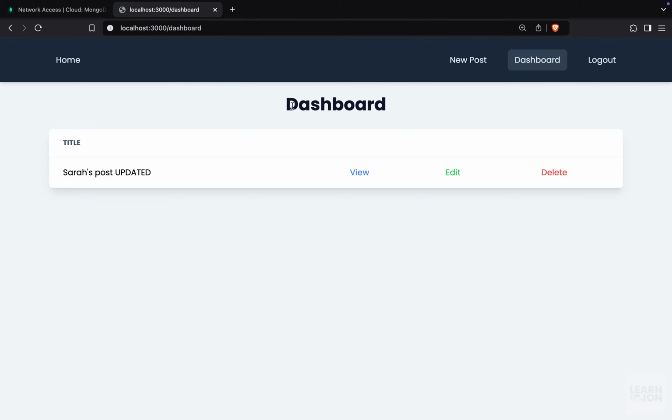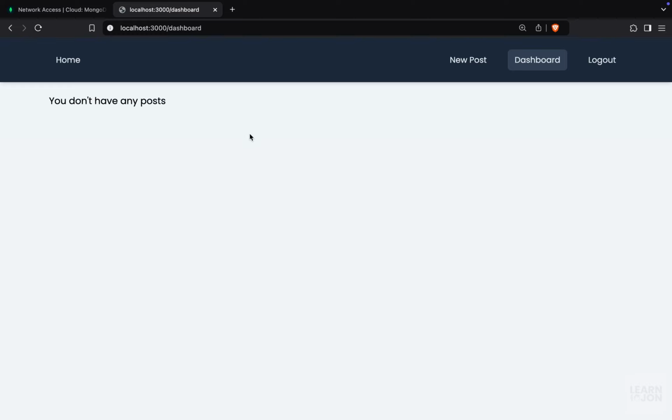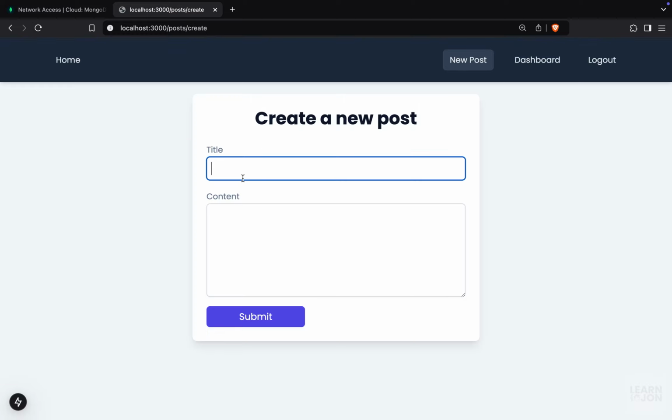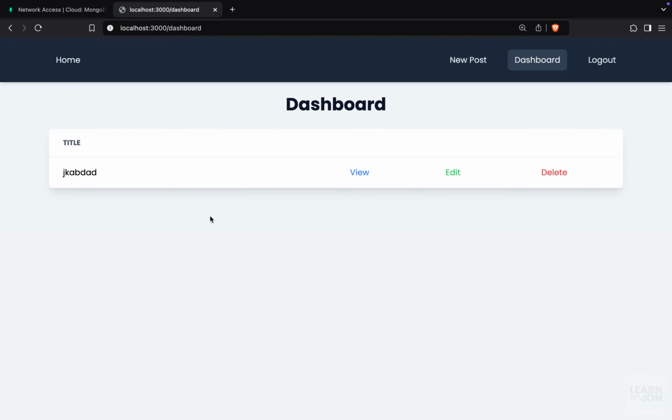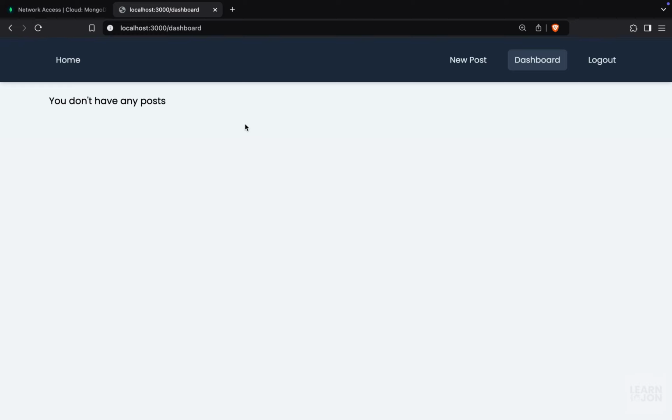Again, I'm going to reload and press delete. You notice nothing happened and we can still see the post, but if I reload, it's gone. Let's do it again. And this is the part I left out intentionally. I'm just going to create a new post here. We are back to the dashboard. I'm going to press delete. Nothing's happening. But if I reload, it's actually gone. It is deleted from our